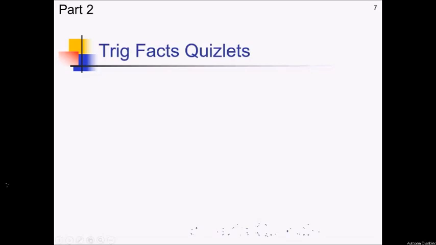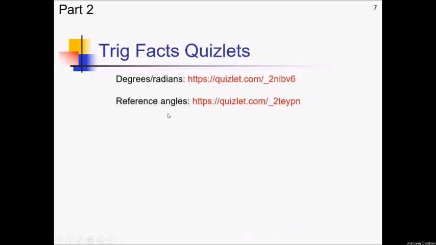Now that we've gone over some of the basics of what we're doing with trig functions, here's a few Quizlets you can go to help you memorize some of your trig facts. So here's a Quizlet for converting from degrees to radians, converting to reference angles, and also another one for getting your special values of sine and cosine. You can think of these as the ABCs of trig,